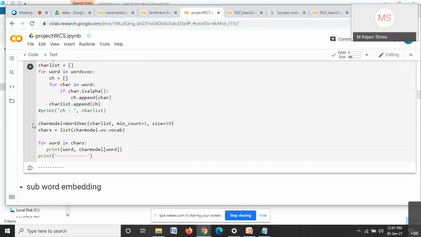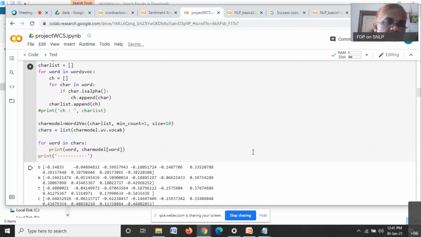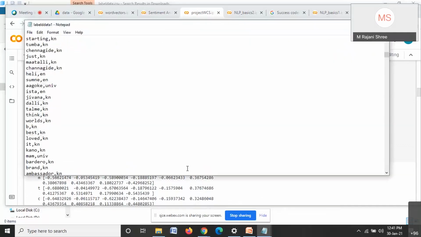Ma'am, the data set contains Kannada words but written in English, right? Yes, transliterated. Should we build the Kannada word embedding with the English words, or can we train the model with actual Kannada words? I have trained the Word2Vec using actual Kannada words. No, the data set that I have here consists of only transliterated text. I'm not using the Kannada text here. But use Kannada text in a similar way.